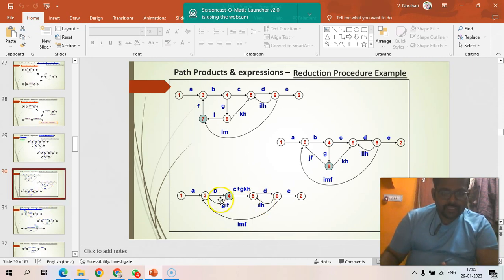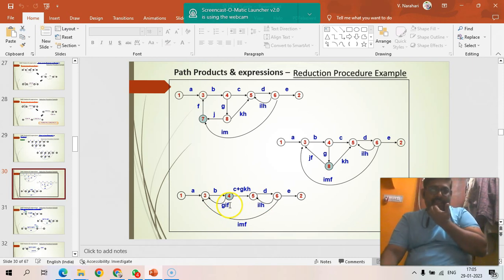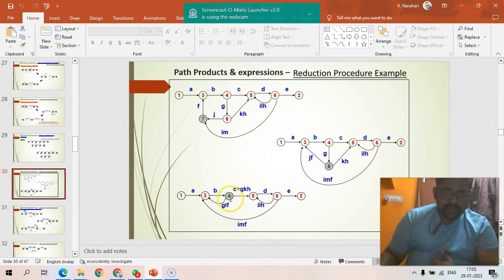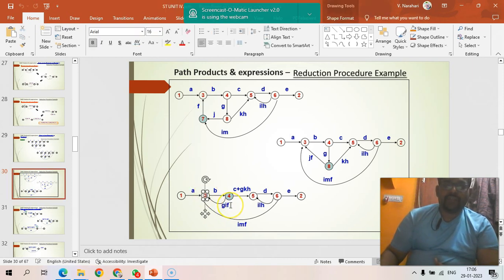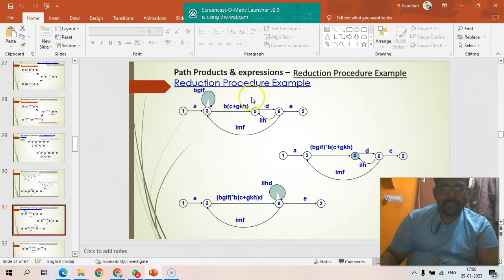Before selecting another node, I am checking whether any loops will occur. So see here, 4 to 3, 3 to 4, 4 to 3, 3 to 4. So this will become a self loop at node 3. So for that, make it as a loop, and here also make it as a loop, and I am getting BJIF,